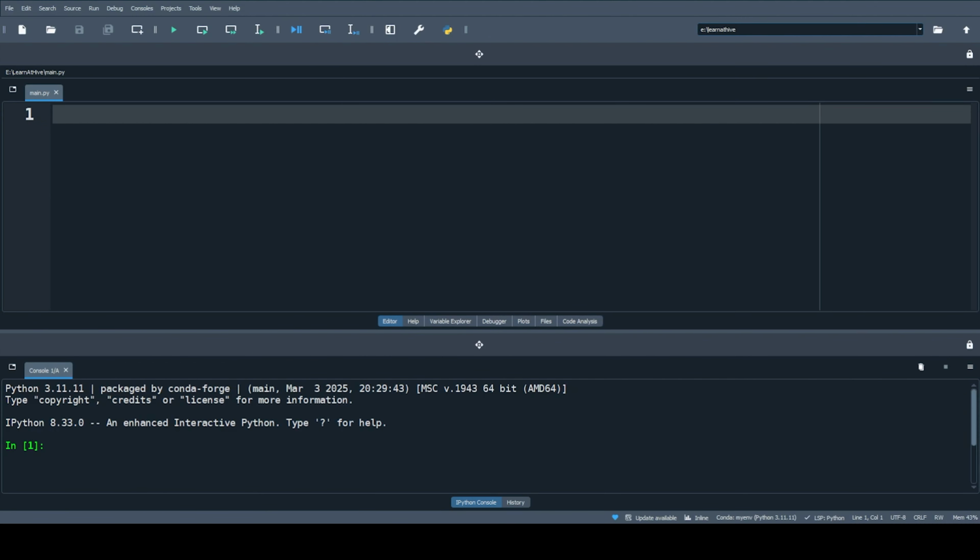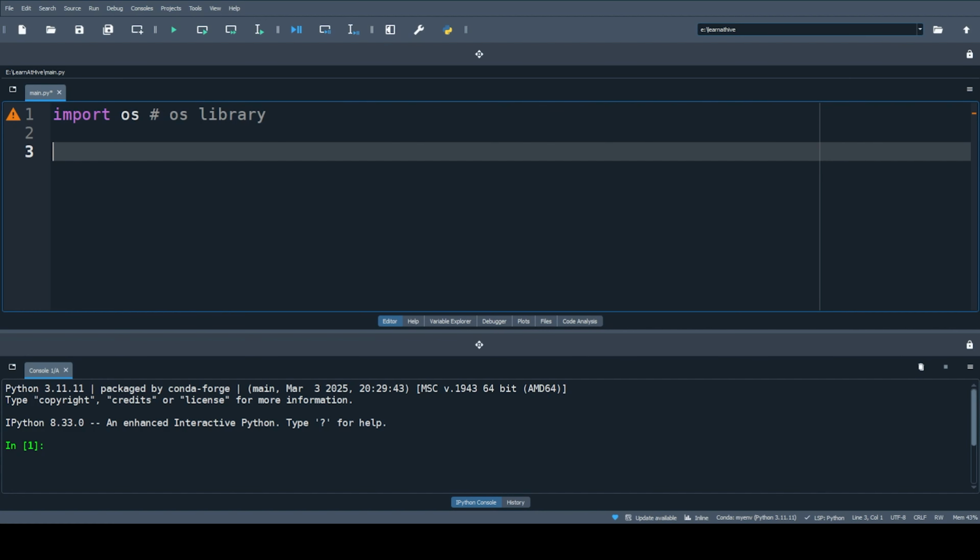So everyone, let's start with os. The os library allows you to interact with the operating system directly from Python. You can perform tasks like file and folder operations, accessing environment variables, and working with file paths. Let's see the examples. Type import os. So, the os library. Let's start by listing all the files and folders in our current directory. So just type print os.listdir